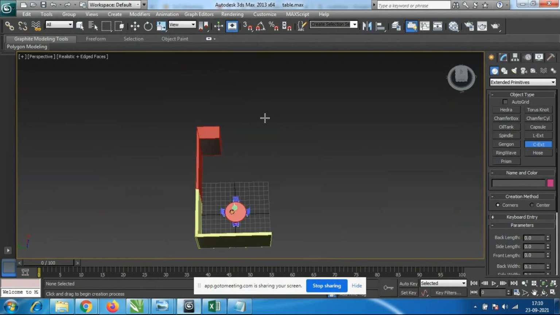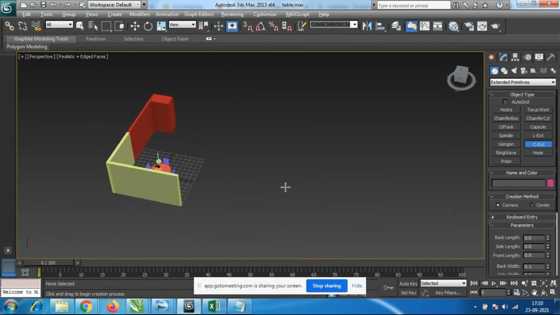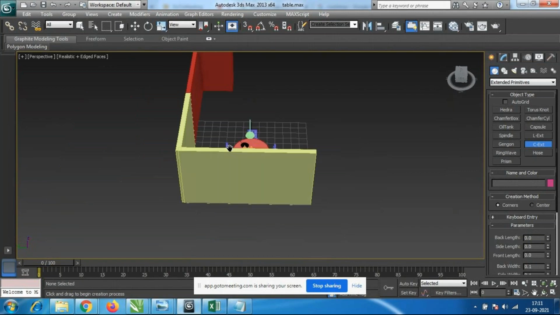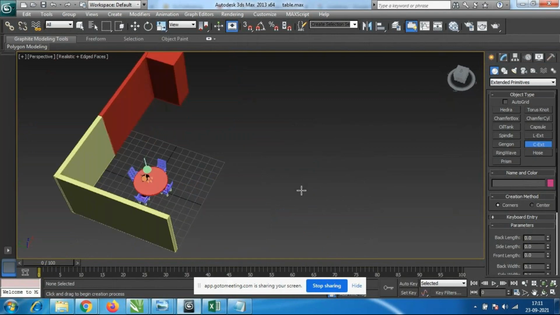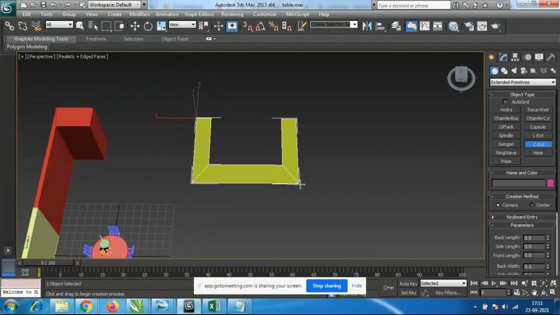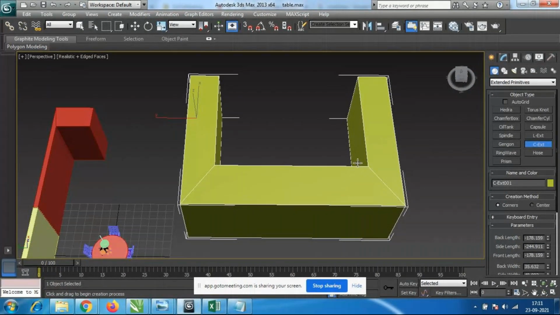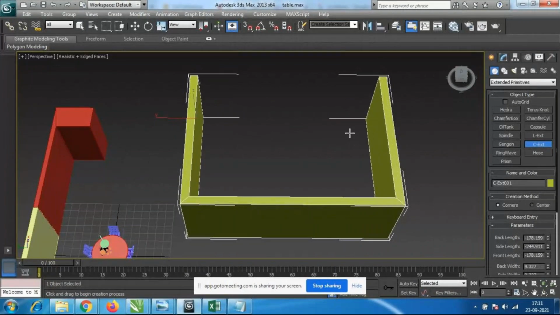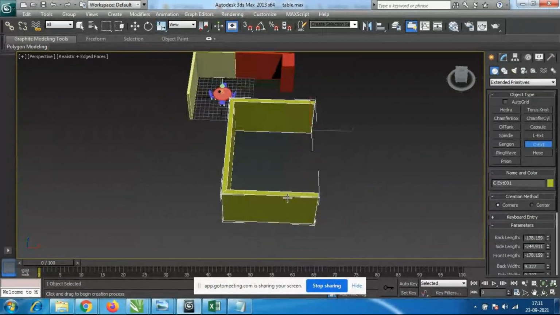So you always have to keep it like this top view. Otherwise, if you keep it somewhere here and all, it will not come properly. So always, don't go to the top view directly. In the perspective view only you have to keep it like this, and you have to click on the C extension, and I'll place it wherever I want. Okay, so later you can rotate it, no problem. However much you want, you can rotate this one, and thickness also, however much you want you can add the thickness. Okay, yeah.